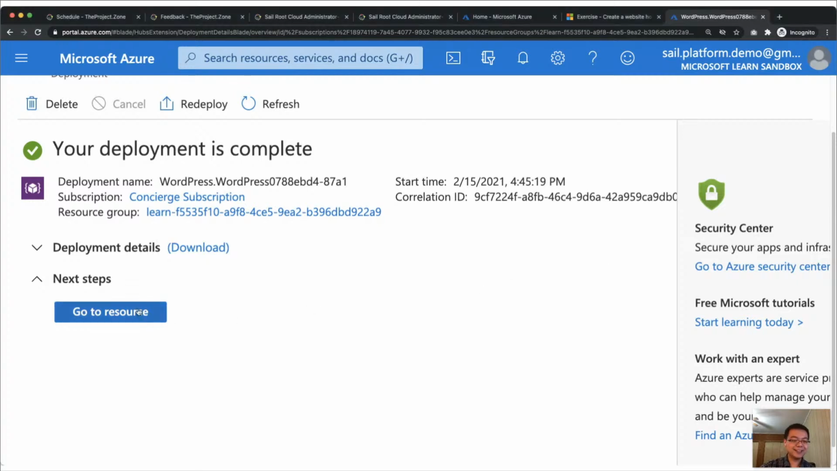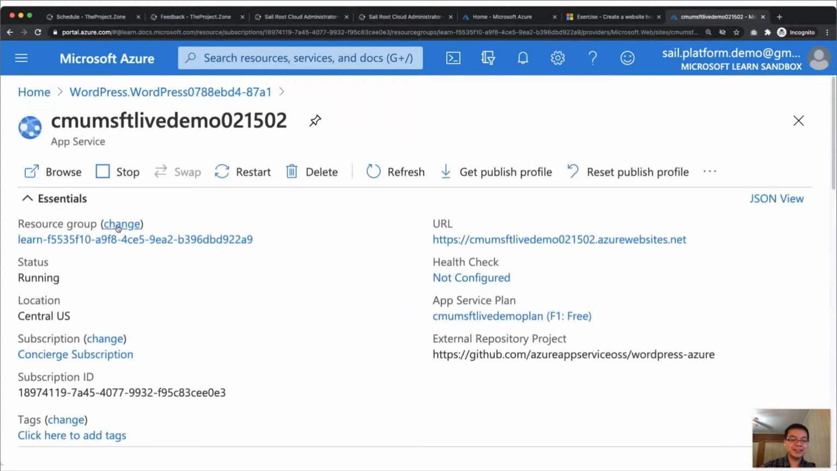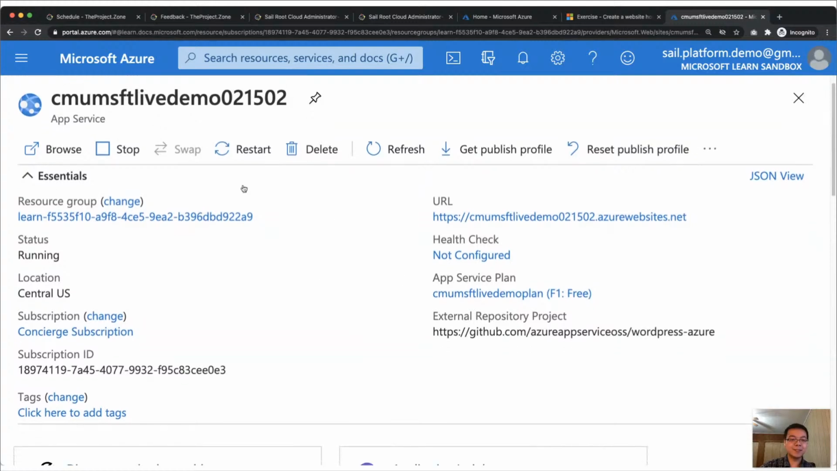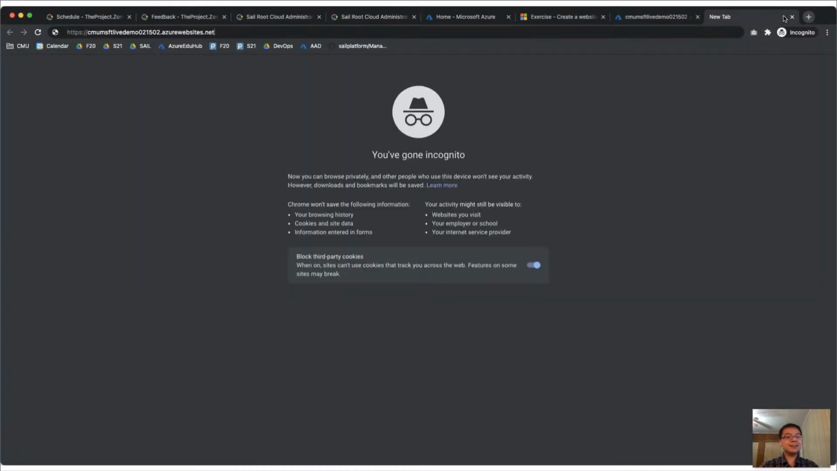Okay, yeah, great. So now let's go to the resource. And as you can see, it includes all the metadata of the web app we just created, and of course, it includes the public URL. So let's visit our web app. Yeah, so as you can see, this is the very first visit of the web app,